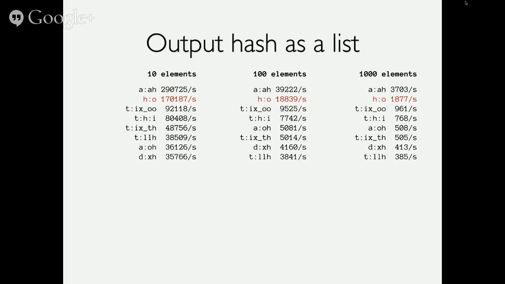I want to use this slide to talk about something I mentioned early on, which was the cost of tie. If you think about Xhash, you can have Xhash as a tied hash, or you can have it as an object. I believe that TieX00, the object version, was one where you have to take the keys and do a map and return a list. Tie Xhash using TH is the tied hash method. This is taking your tied hash, putting an ampersand on it, and basically just reading it out in list context. So taking this hash and just reading that hash in list context is